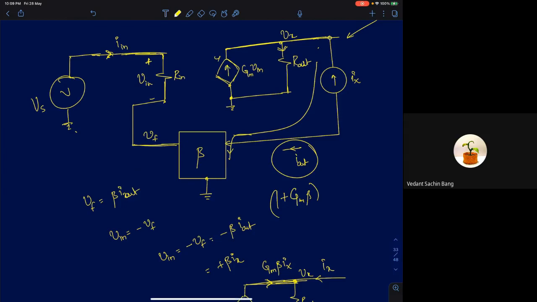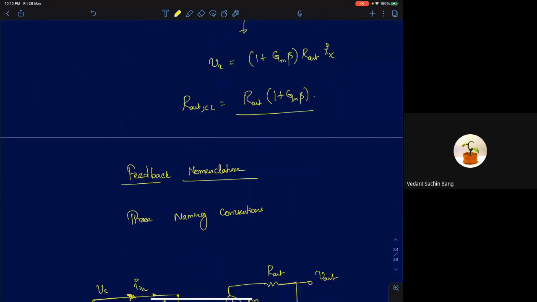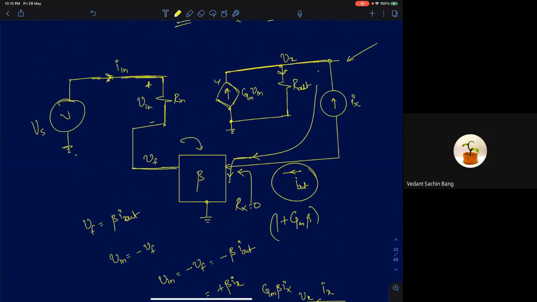Here again, the assumption is that the feedback network is an ideal feedback network, which means it's not loading your amplifier. So since it is sensing all the current fully, what should be the ideal input impedance of the feedback network seen at the output port? The impedance seen at this point will be 0 again. That's it. This is something we should be aware of. This is the point I wanted to clarify in the previous lecture.